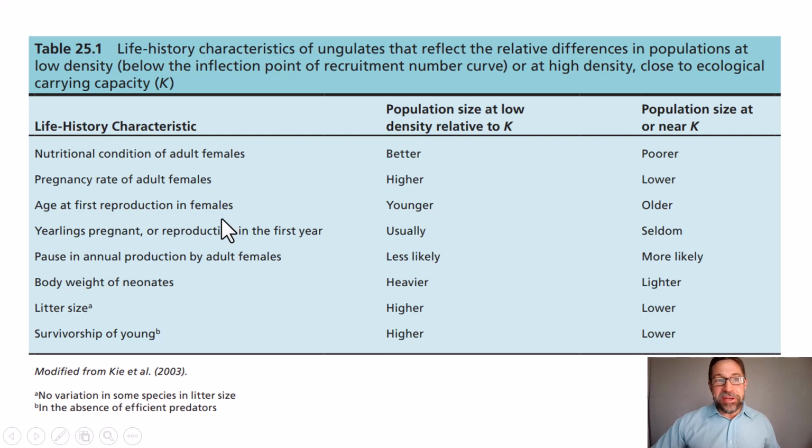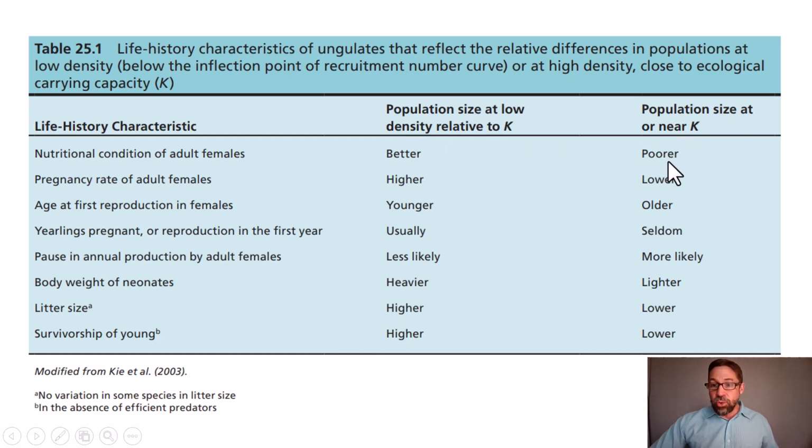So this is an information-dense table from your textbook. This is table 25.1. On the far left here are life history characteristics. So things like the nutritional condition of females, the pregnancy rate of yearlings, the body mass of newborns. And what this table is doing is formalizing the predictions, what we would expect to see with respect to these life history characteristics when population abundance is low relative to carrying capacity and when population abundance is at or near